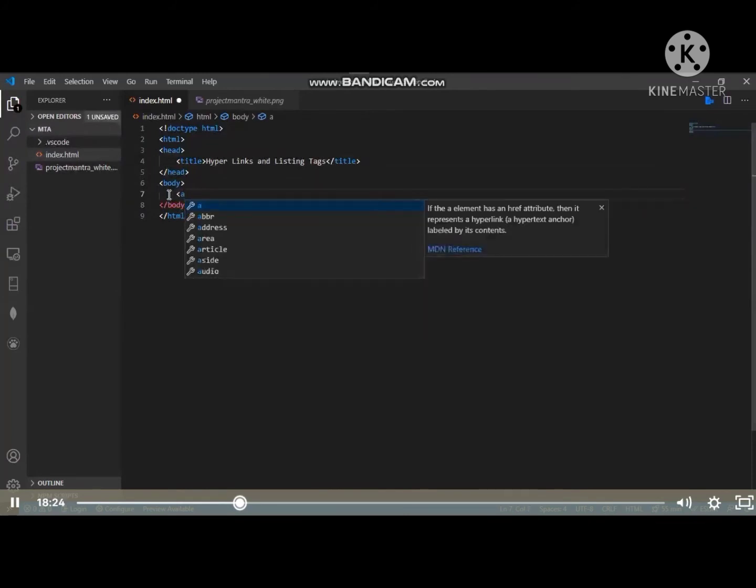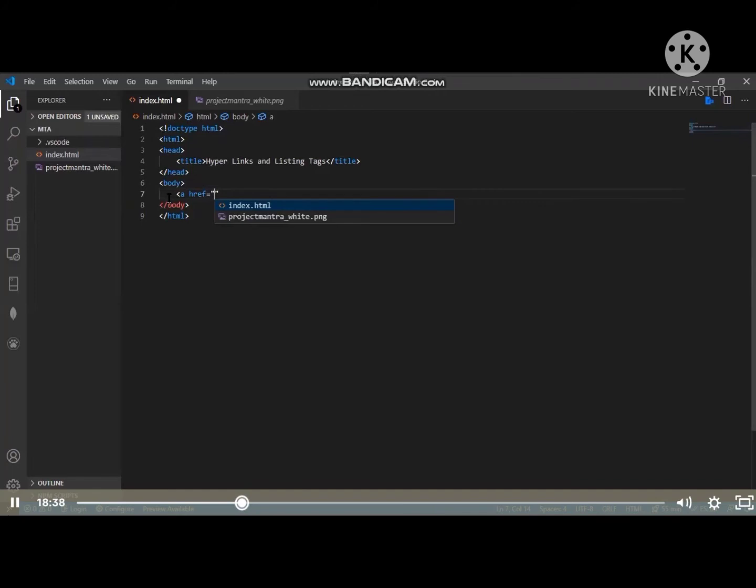So firstly, we have the hyperlink tag. The hyperlink tag will not work without using an attribute called href. Attributes are nothing but keywords which add more meaning to the elements. Similar to the image's source, width, and height, we also have attributes for every element. So for A, we have the attribute href. What this basically does is it tells what the element is supposed to do. Inside the href attribute, we will usually put the link of the page it